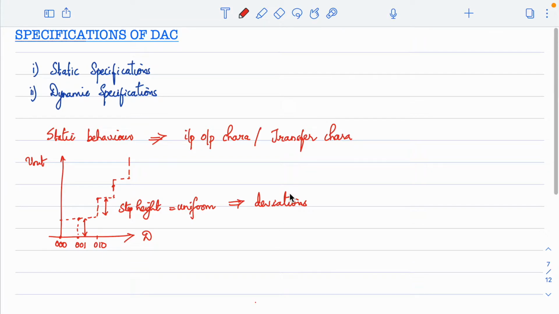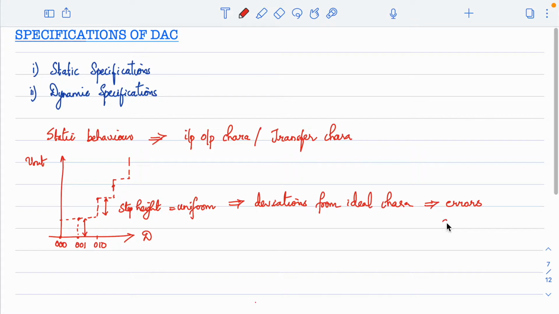In a simple way, we can say some non-idealities can result in deviations from the ideal curve. If there are deviations, that will lead to errors in DAC or ADC, because what they are doing is precisely converting digital data into analog or analog into digital data. So deviations from the ideal curve will definitely result in some kind of errors,